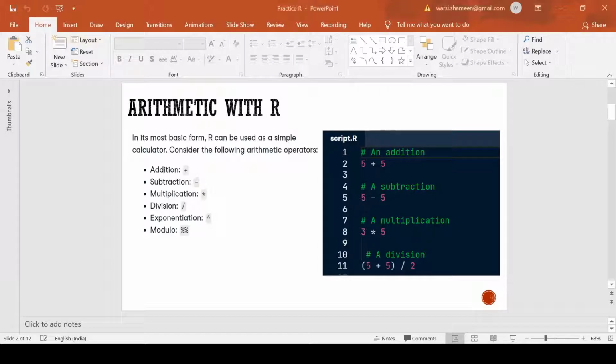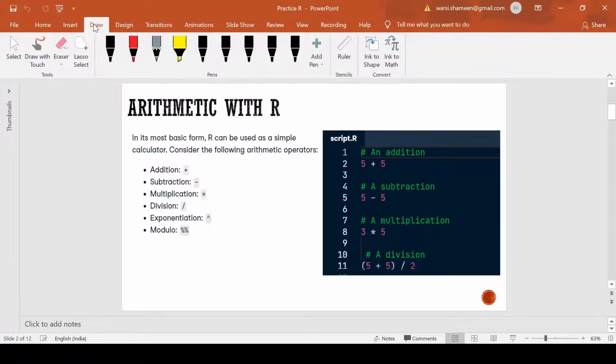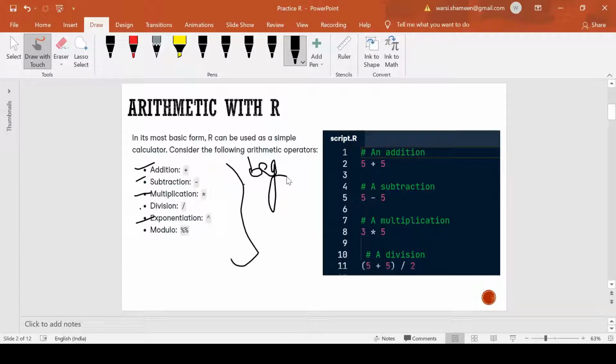So in today's video, we will talk about the most basic thing which R could do. The most basic thing we could do with R is calculations, and the calculations are also at their base level. Like we can do addition with R, we can do subtraction, multiplication, division, exponential, everything. So you can say we can do these stuff considering R as a big calculator. You can consider R as a big calculator which can do lots of stuff.